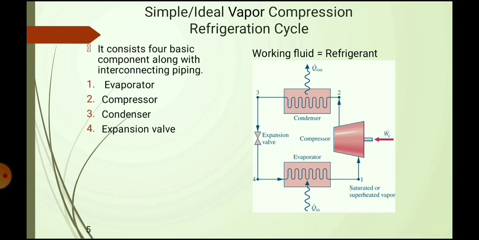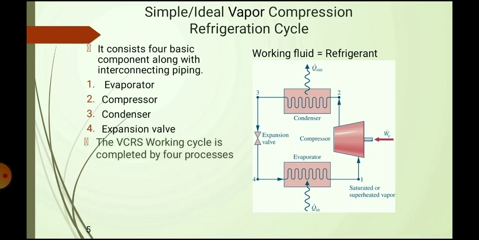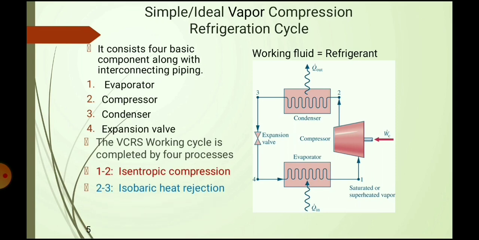The ideal VCRS cycle is basically completed with the help of four processes. First is the process 1-2, which happens in the compressor, and that is the isentropic compression process. Clear? Next one is the process 2-3, which happens in the condenser,